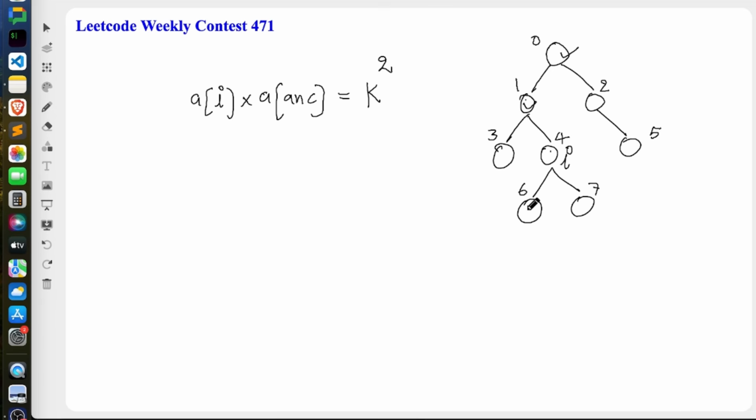So just keep in mind that for 6, all the nodes that appear in the path from that node to the root node are the ancestors, right? For 5, 2 and 0 are the ancestors. So yeah, that was about the ancestor. Now we know that for a of i, the value at the ith node and the value at its ancestor